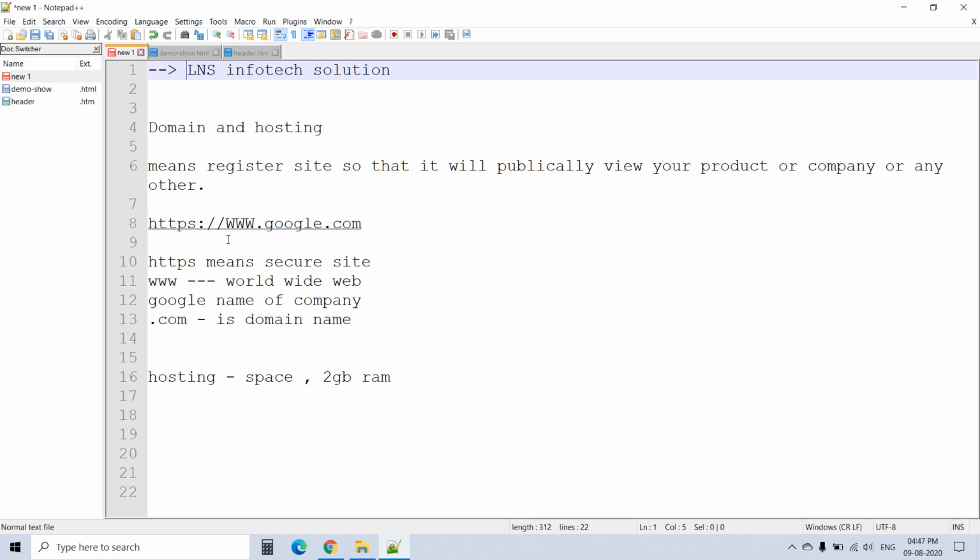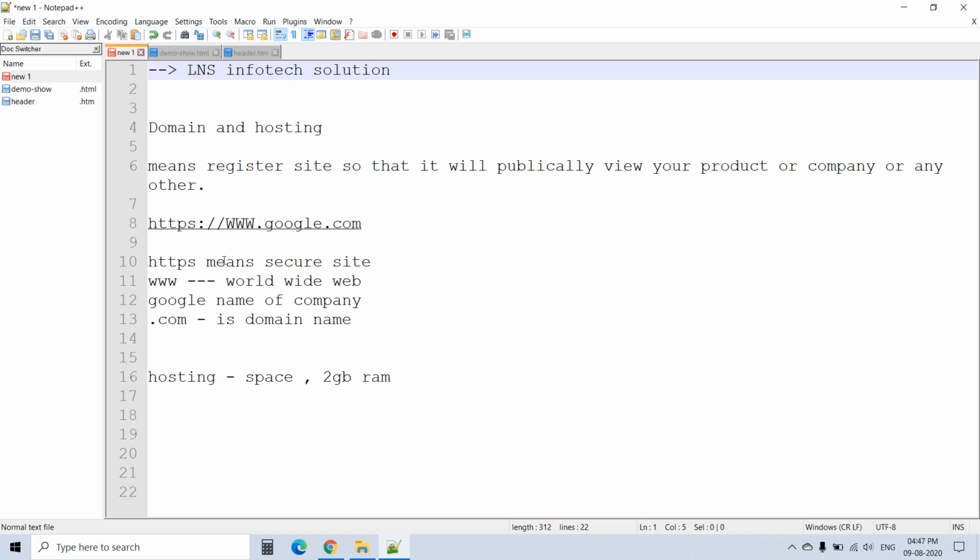The HTTPS indicates that this google.com is secured by an SSL certificate. Then next is the World Wide Web, which all websites indicate with www, and the next is the .com. .com is the domain name for that particular Google company.